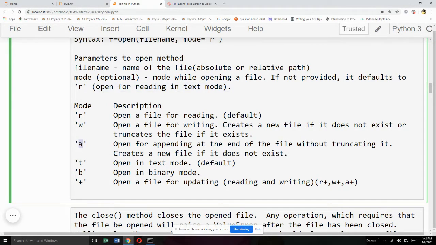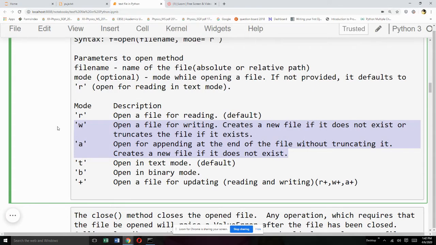Now if you want to add more data to an already existing text file, then you will not go for a W mode, you will go for A mode. A means appending. Appending will add the data at the end of the already existing file. So the difference between W and A is, W will create a new file if it is not already present, and if a file is already there, it will truncate its contents.